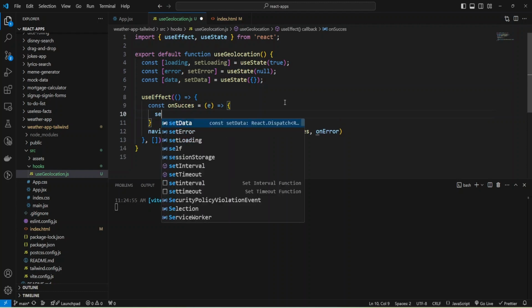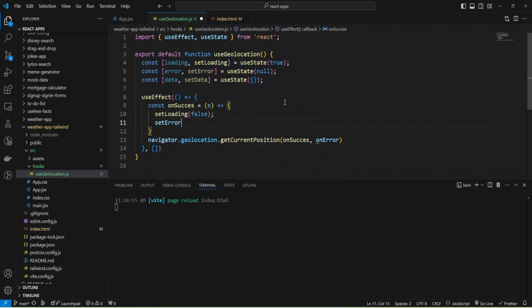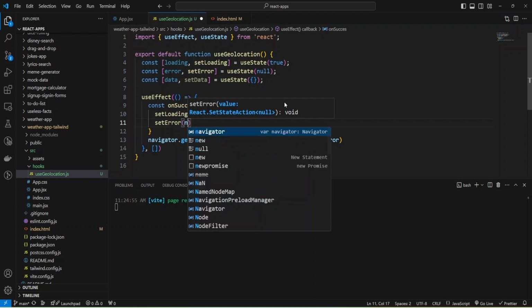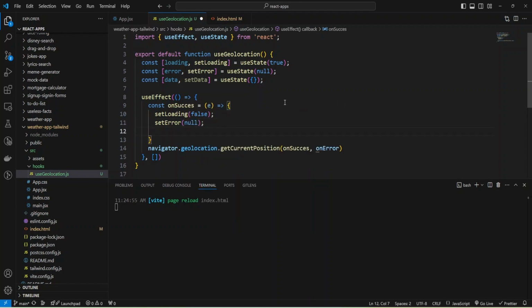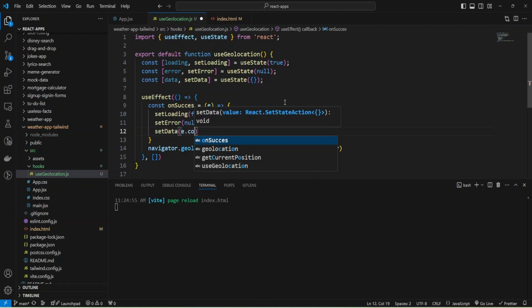And I'm going to set loading to false because the data was loaded, and set error to null because we don't have any error. And now we can set data to our event, and it will have coordinates inside it.